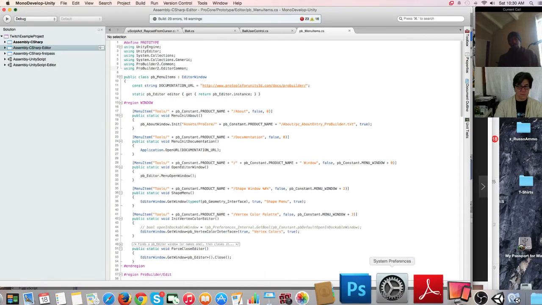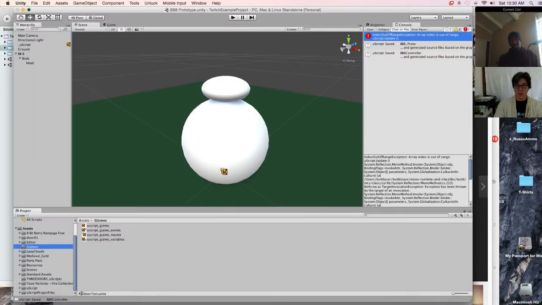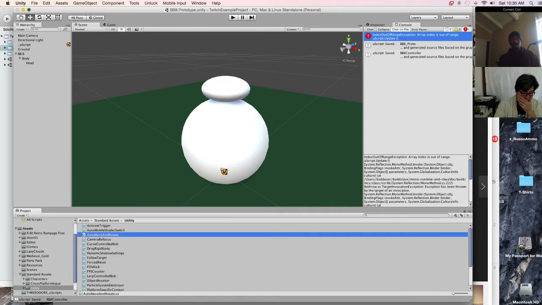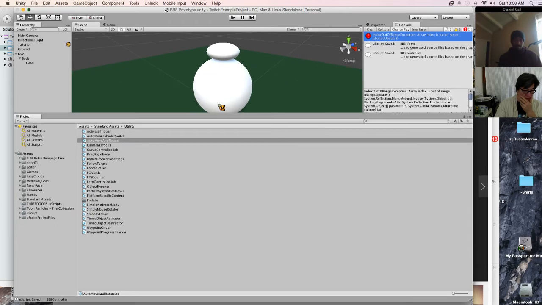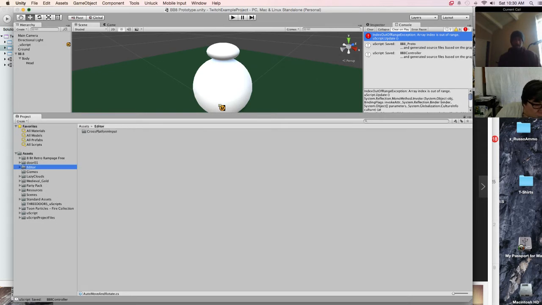What does ProBuilder do? I'll show you. Is there something in here? Hold on, let me quickly take a trip through our resources folder and see if there's anything left that was ProBuilder.